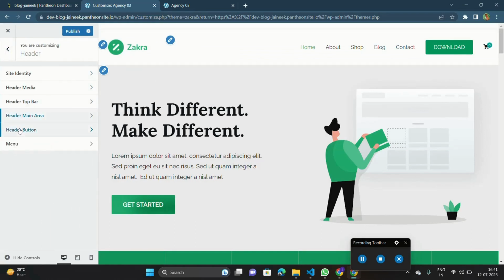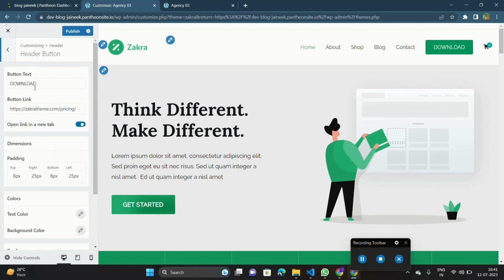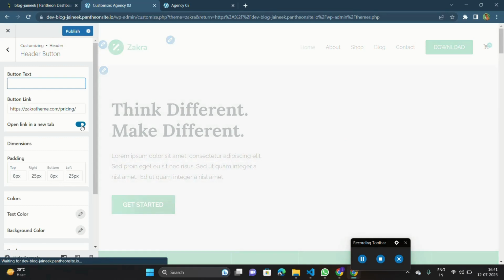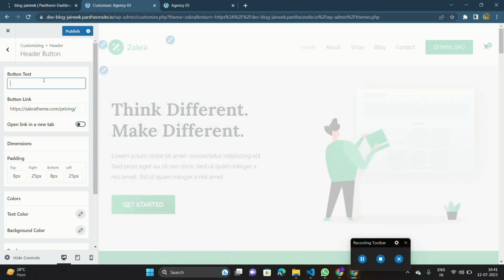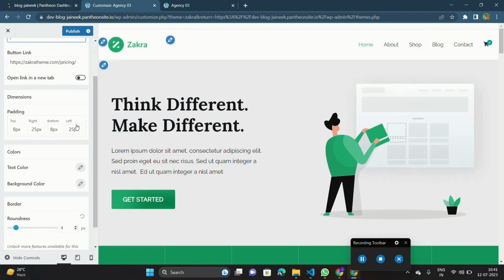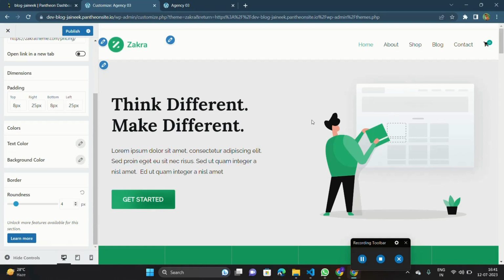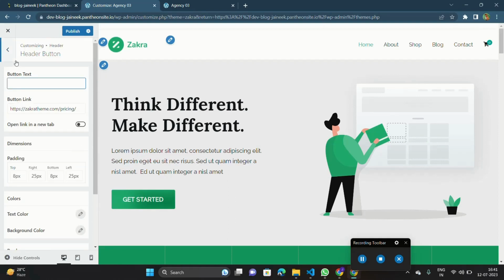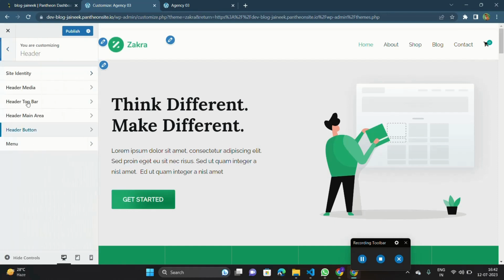Now we will come to our header button. We don't want this download button in our header, so we will remove that button text and the link opening in a new tab, and close this. It will automatically remove that download button from this area. So after removing this, again,